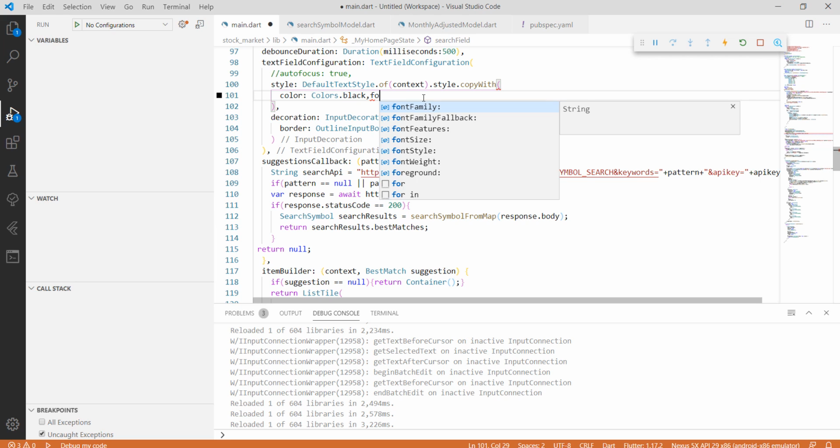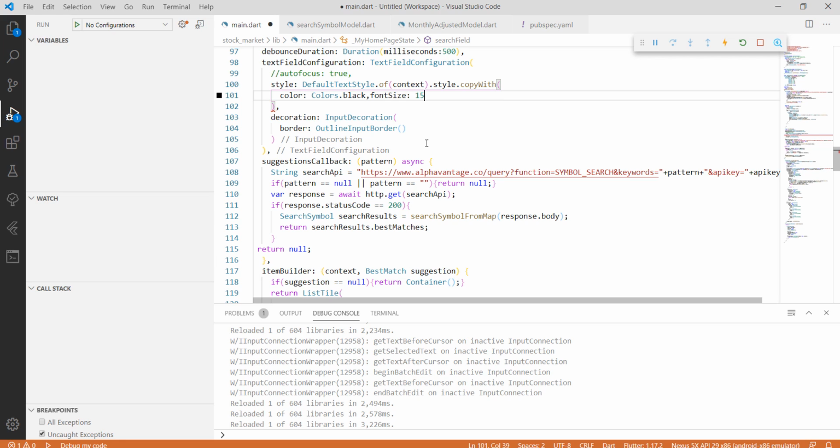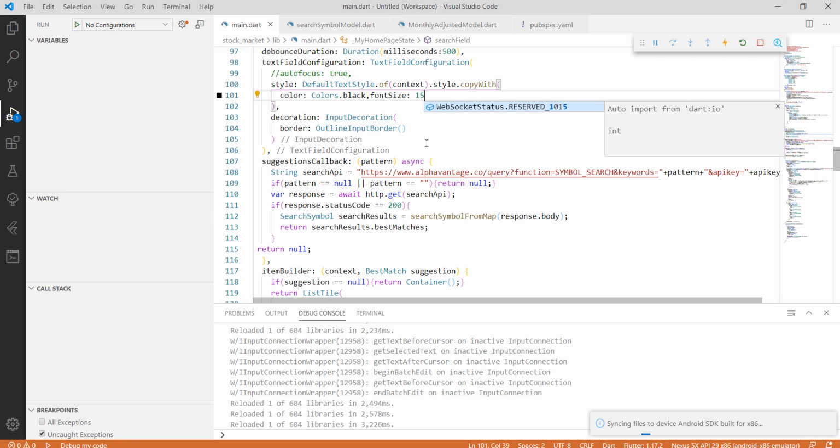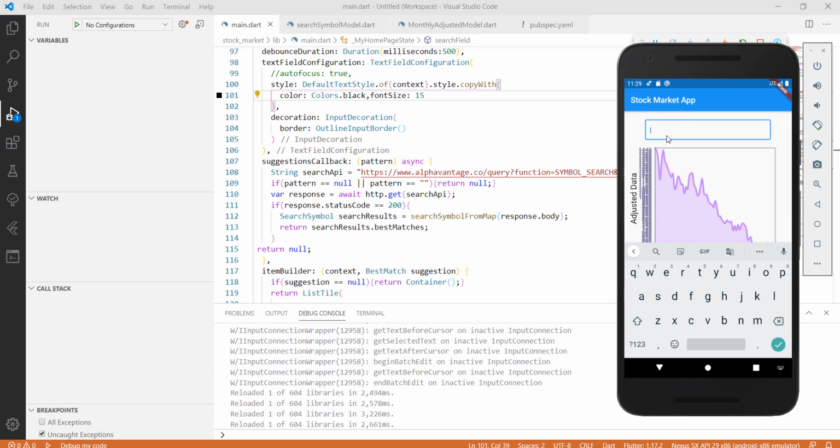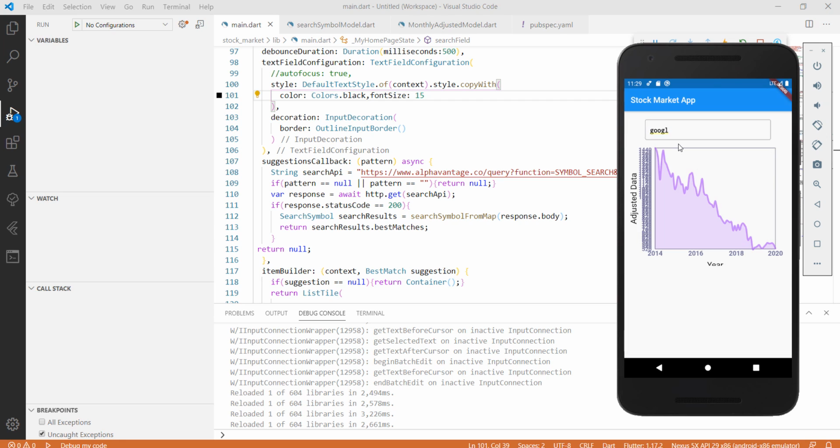Font size maybe 15. Let's see. Okay, we got this. So we may have to do some more height adjustments here, but that's all for this